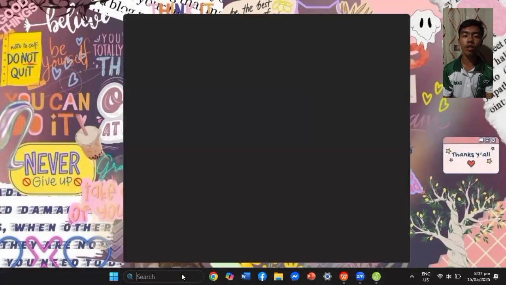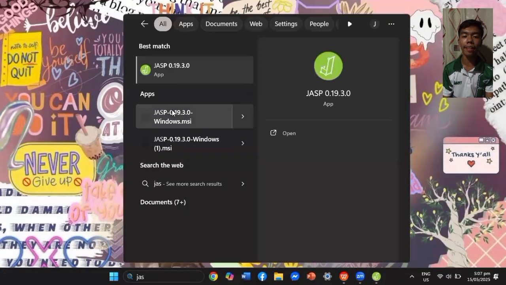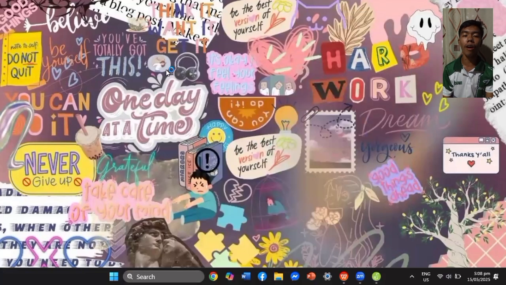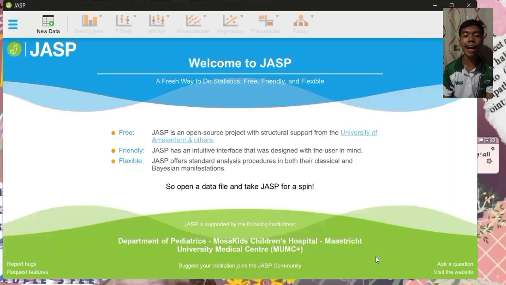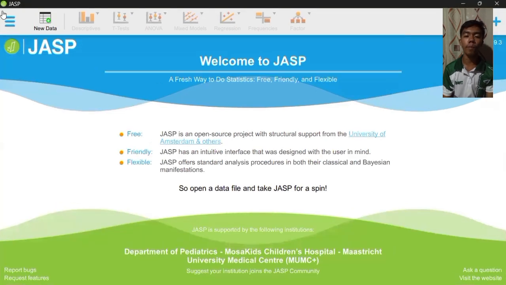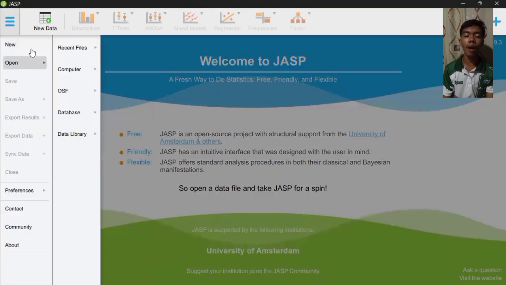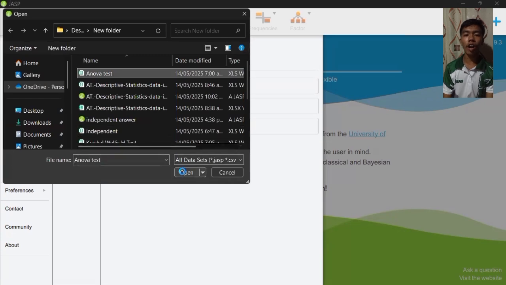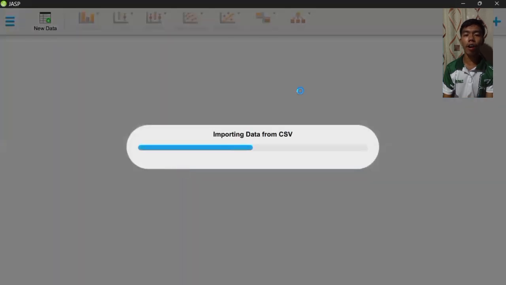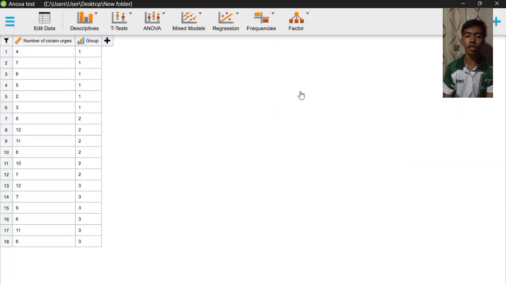And in order for us to do the ANOVA test again, we're going to use the JASP software in solving this one. So let's go to the JASP software and open our data. That is again an Excel file saved as a CSV file. Open, and we have here our data. We have our first group, second group, and the third group. And in order for us to determine quickly each of the groups, we're going to name each group.